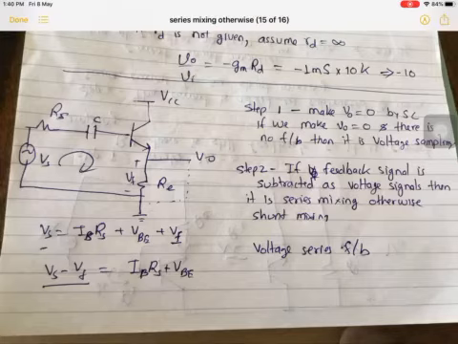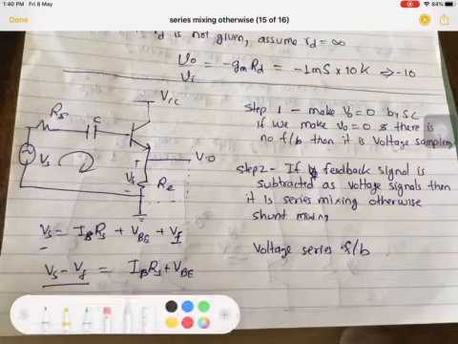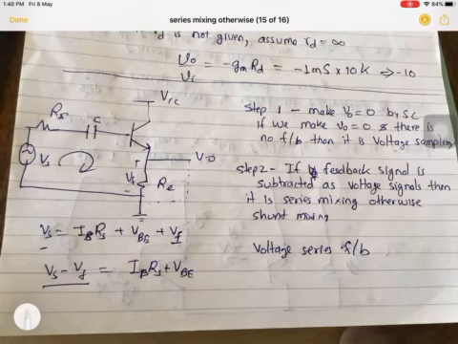I'll give you a two-step method. Suppose this is our circuit, and we have to find out which type of sampling it is. Here you can see this is RE, which is pointed as VF, meaning this is a feedback source. In general, they do not mention that this is a feedback. You have to identify the feedback resistor. But it is easily identifiable because when we apply KVL here, this resistance will give negative feedback. So first of all, how do we identify which type of feedback? Step 1 is to make V0 zero.